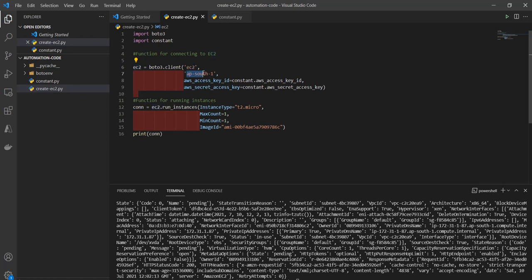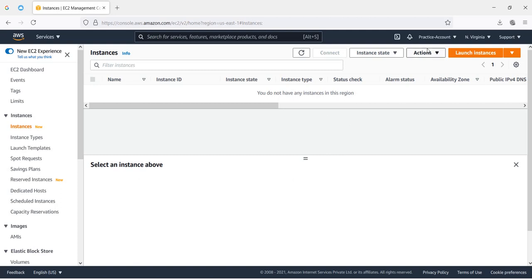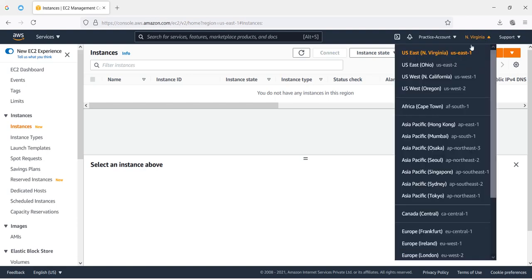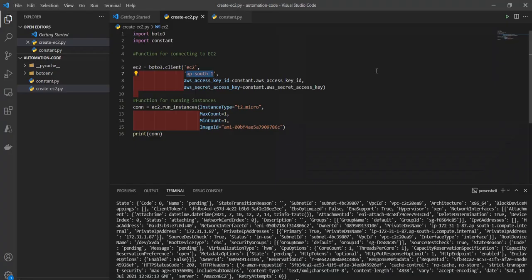Now here you need to define in which region you want to create that service. My region is North Virginia, so we need to define its region name, US East 1.